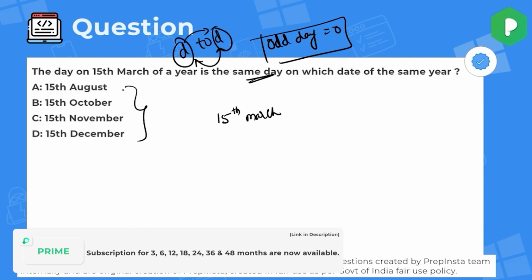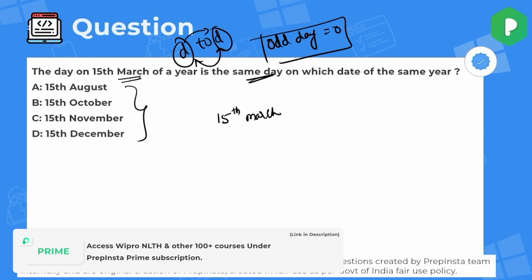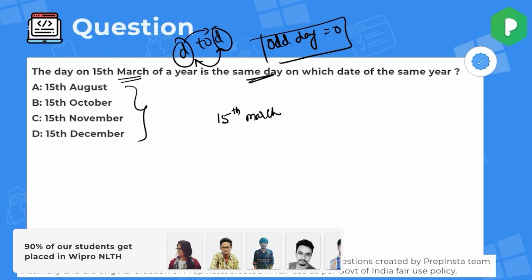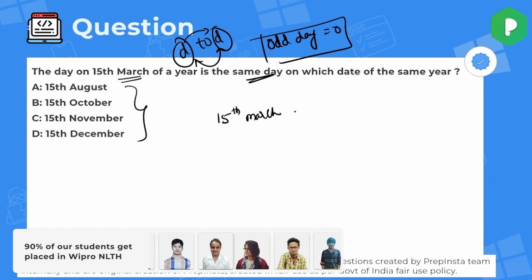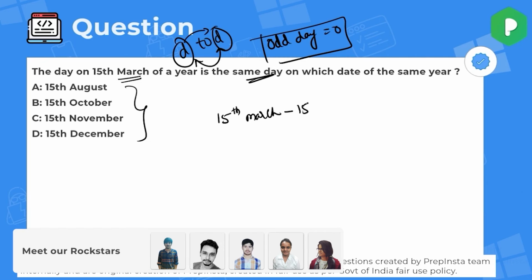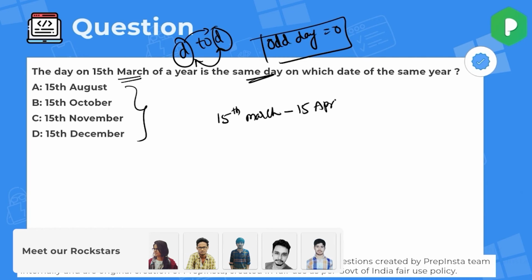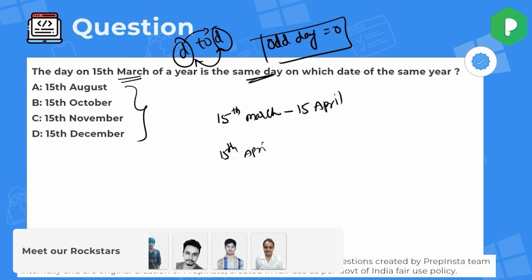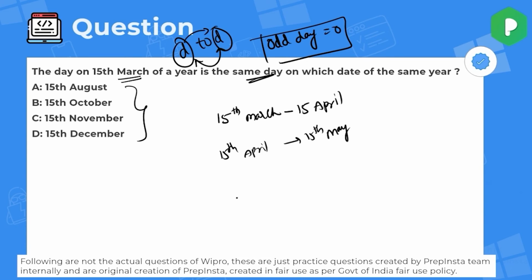Just look here. The month starts with March, so there is no priority for leap year or non-leap year. Why? Because February was already completed. All the remaining months are the same for all years, irrespective of leap year or non-leap year. Right? So 15th March to 15th April, 15th April to 15th May, and 15th